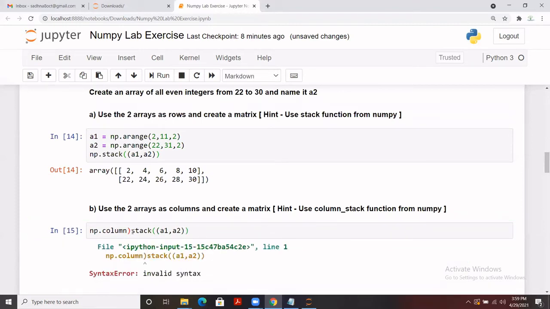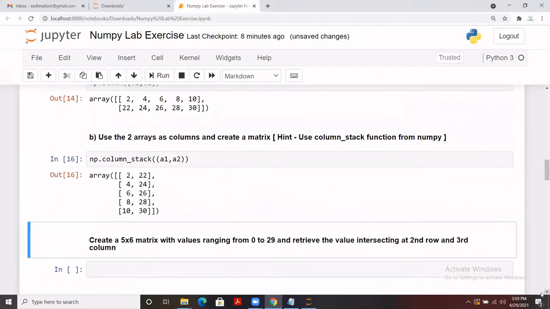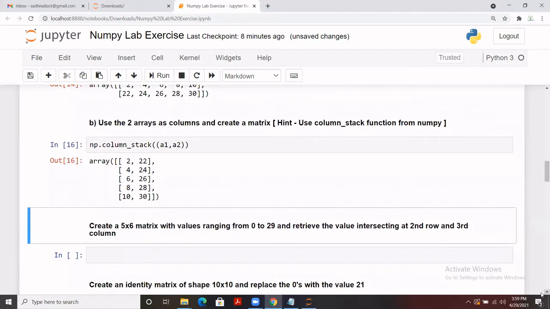What I need, okay, np.column_stack. Yes, so here we have added a1 and a2 as columns. We have stacked this as a column, and previously we have stacked that as a row. We can use axis 0 and 1 as well. I hope you remember that we discussed in our previous classes.